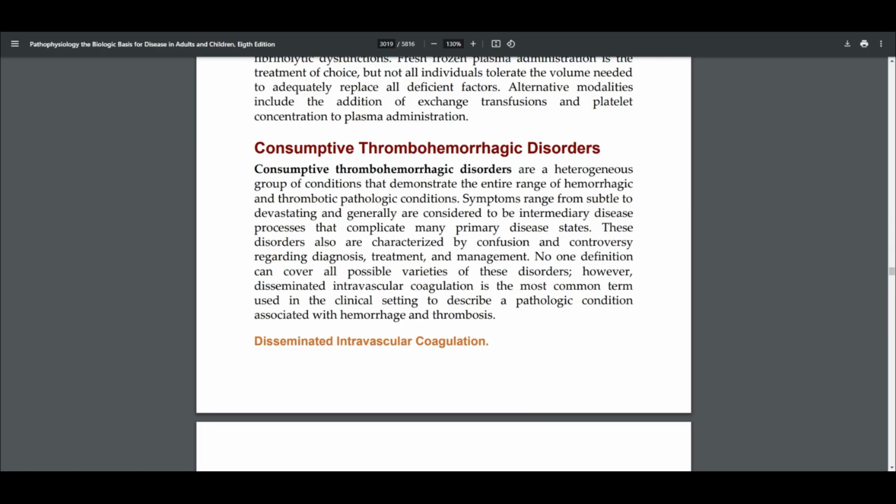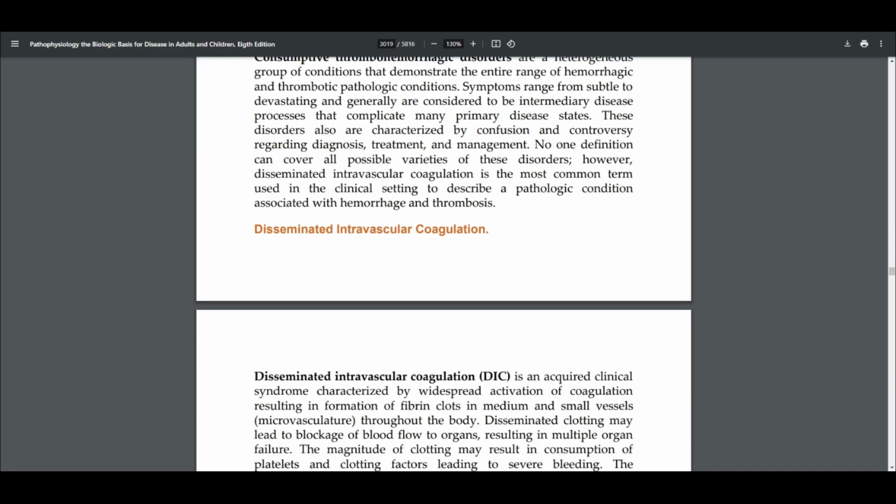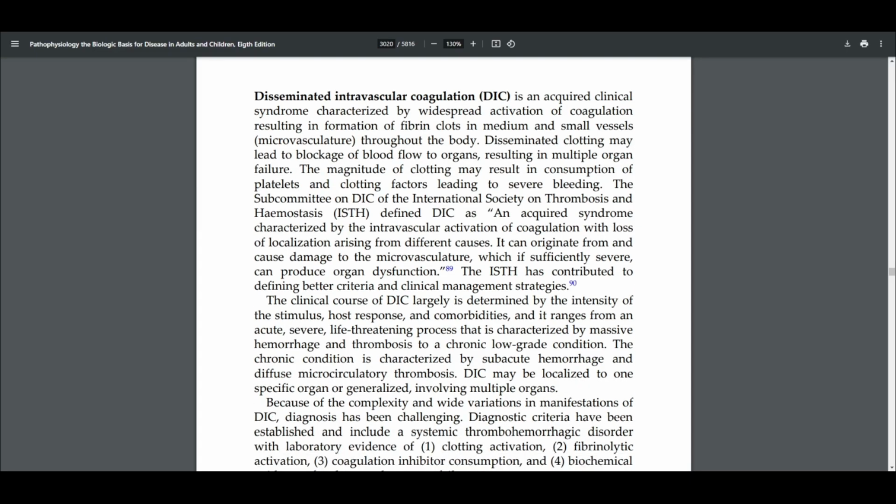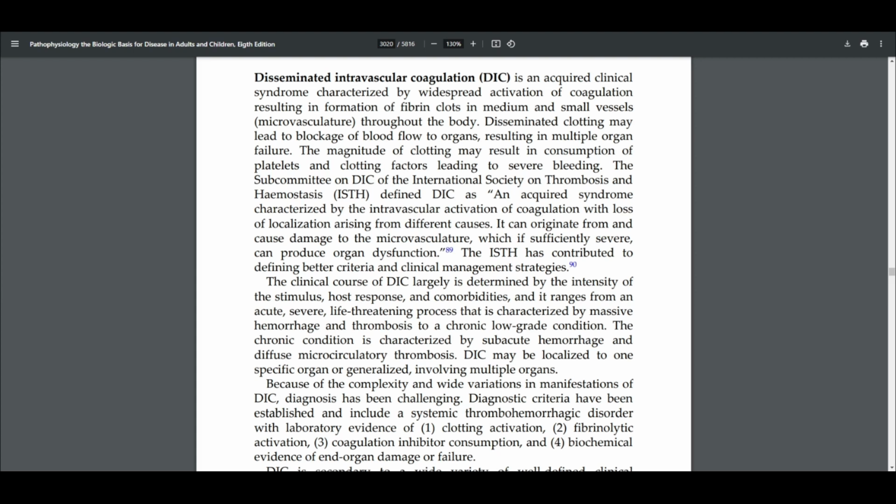However, disseminated intravascular coagulation is the most common term used in the clinical setting to describe a pathologic condition associated with hemorrhage and thrombosis. So, DIC, or disseminated intravascular coagulation, is an acquired clinical syndrome characterized by the widespread activation of coagulation resulting in the formation of fibrin clots in medium and small vessels throughout the body. Disseminated clotting may lead to a blockade of blood flow to organs, resulting in multiple organ failure. The magnitude of clotting may result in consumption of platelets and clotting factors,